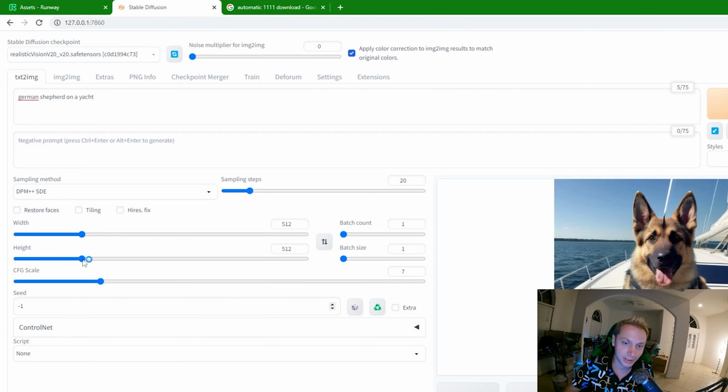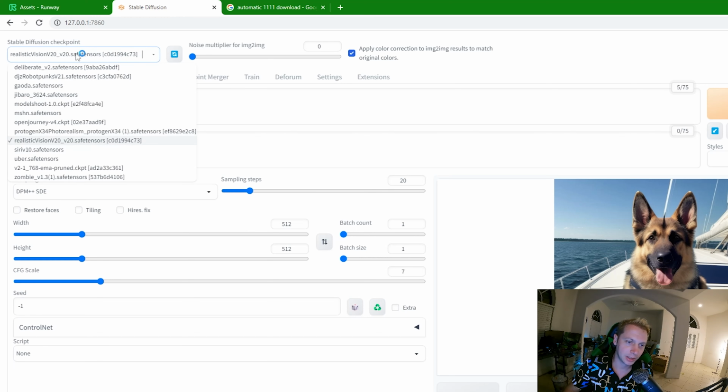Now the first thing that we're going to need is a video. But first, we need the special model. This right here is the actual Stable Diffusion 2.1. We're gonna want Realistic Vision, which creates photograph-like images. And there's quite a few. How to get those is